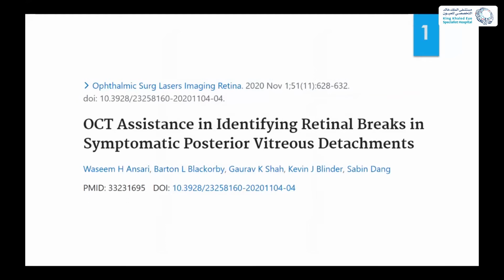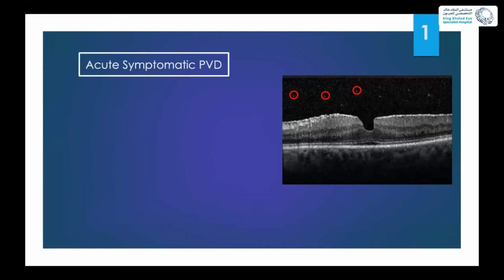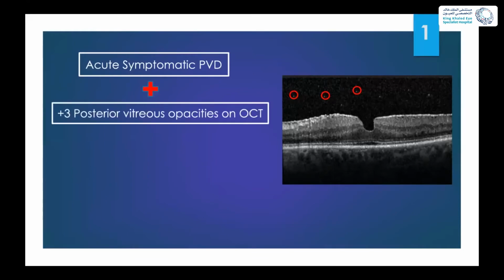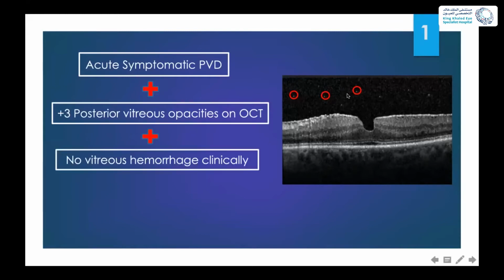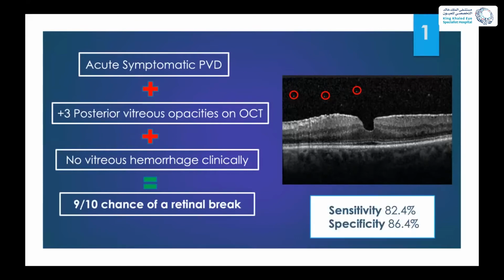Posterior Vitreous Detachment. They collected all the patients that presented to the ER with acute symptomatic PVD, and they reviewed their OCT and checked which patients had a retinal break afterwards. And they concluded in this study that if the patient has acute symptomatic PVD, and there is +3 posterior vitreous opacity on OCT, just like our patient, and there is no vitreous hemorrhage clinically, this patient has a chance of 9 out of 10 to have a retinal break with sensitivity and